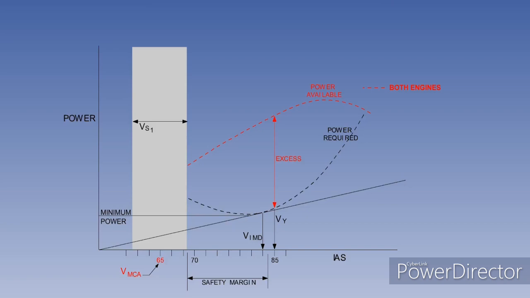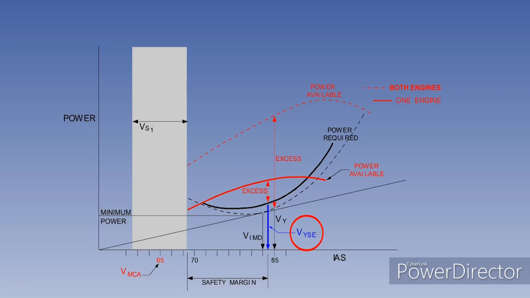Although thrust reduces with speed, total power available increases to a point because of the speed factor. Similarly, power required is a measure of drag times TAS. So excess power available determines the available rate of climb. The airspeed for best rate of climb is Vy for all engines operating, and Vyse for best single engine rate